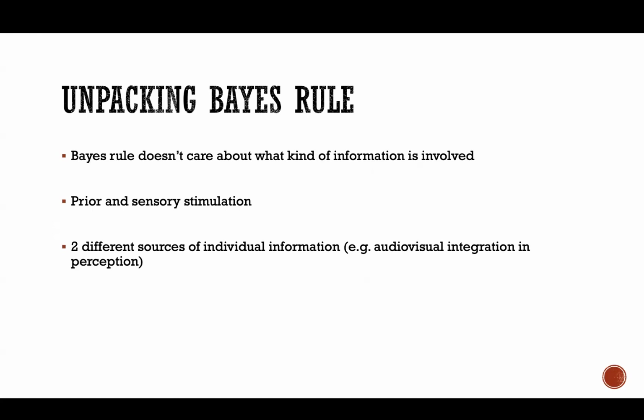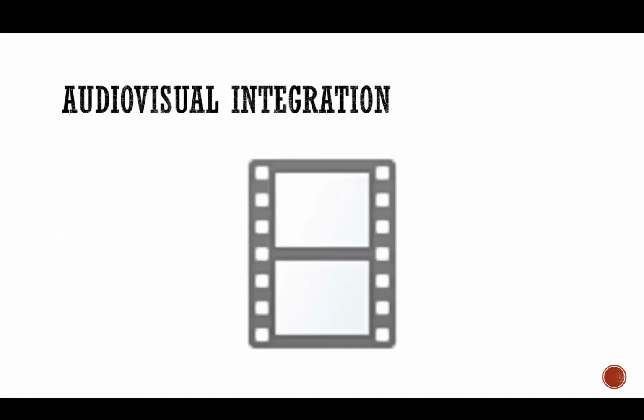Let's say audiovisual integration. What you get from your ears and what you get from your eyes, what you get from your haptic sense, your hands, and what you get from your vision. Doesn't really make a difference for the model. It's a way to optimally integrate information. And so this is the very last thing, and I should